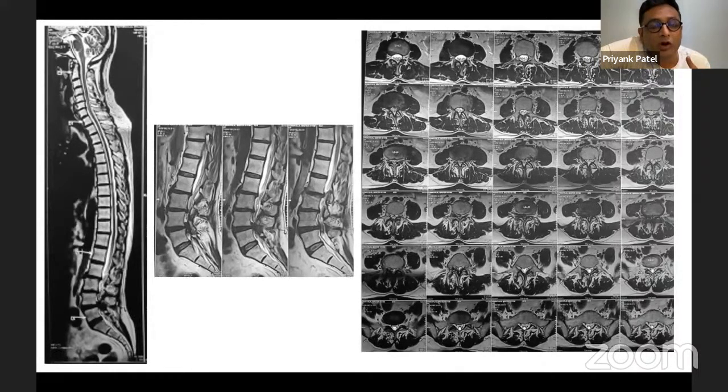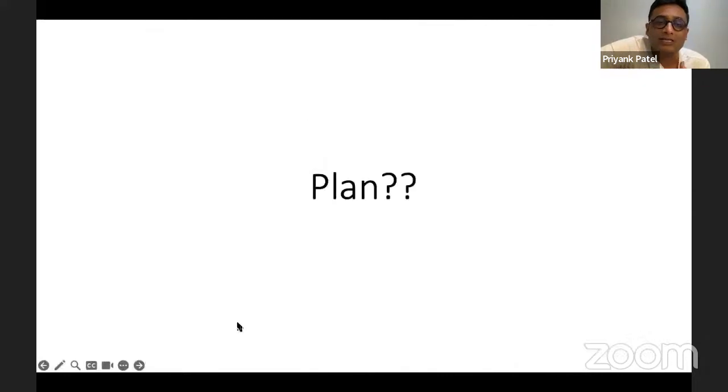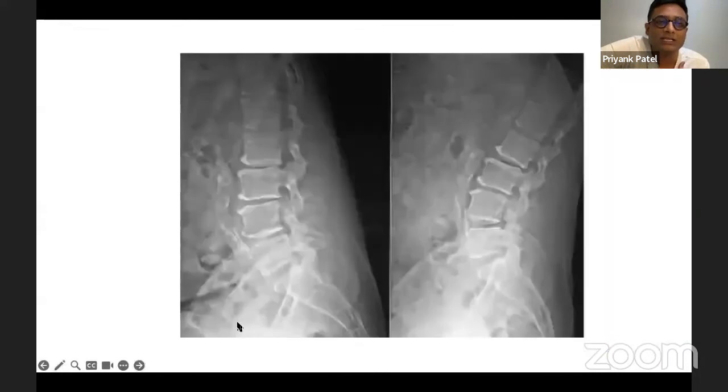Now in X-rays, you have got one static X-ray over here, which is an AP X-ray of the spine. And then you have a lateral flexion extension X-ray. When there is overt instability on flexion extension, that is the time you would want to fix. Versus there are a few special X-rays that you can do in degenerative scoliosis.